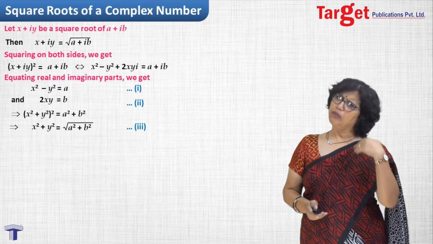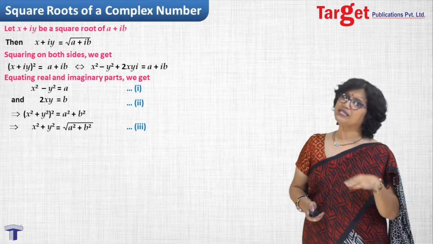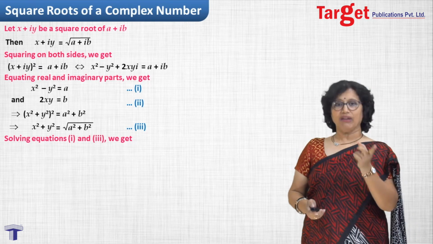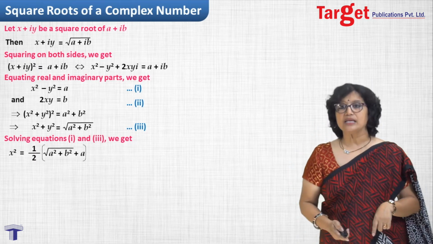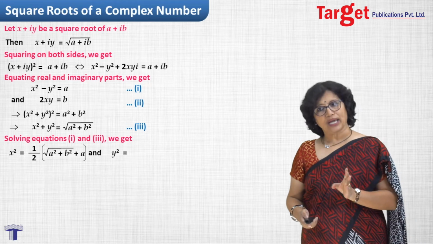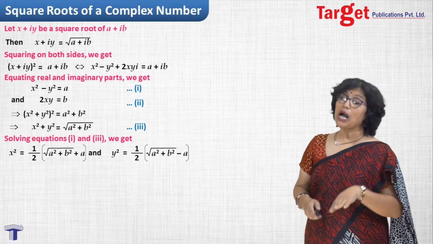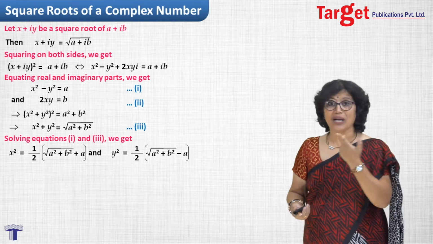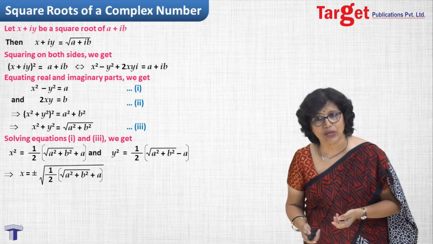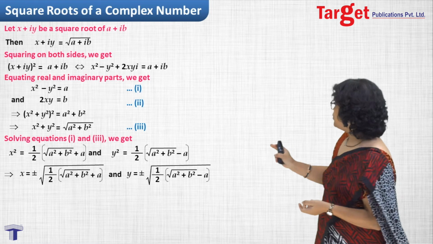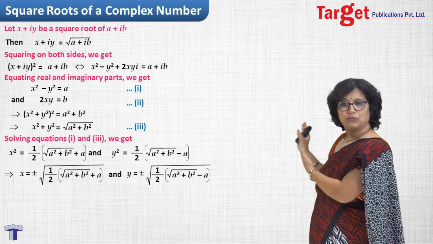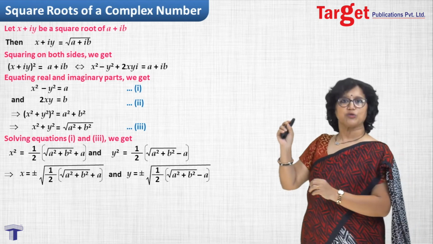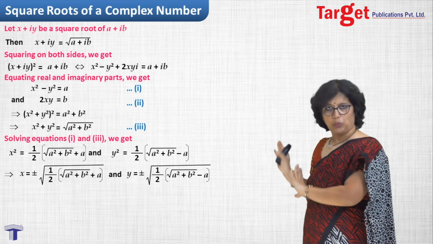How do we do that? By adding, you will get 2x square, and by subtracting, you may get 2y square. So from there, solving equation 1 and 3, I get x square, and then I also get correspondingly y square. Now I will have to go for x and y. My job is to get x and y, not x square and y square. So obviously we will now take the square root also. The moment you write square root, x comes out with plus minus something, y also comes as plus minus something, and that big expression inside the square root I am writing in both the places.